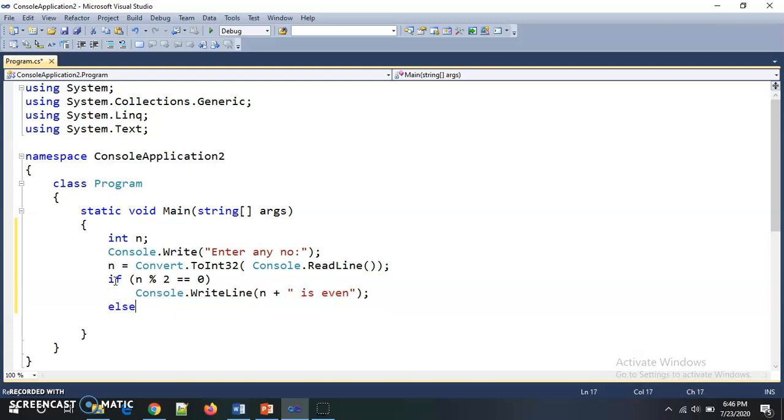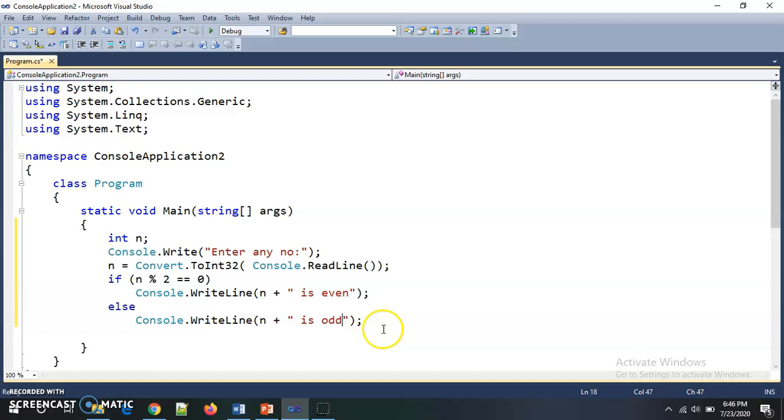Otherwise, else, we say n is odd, or n is not even, n is odd.